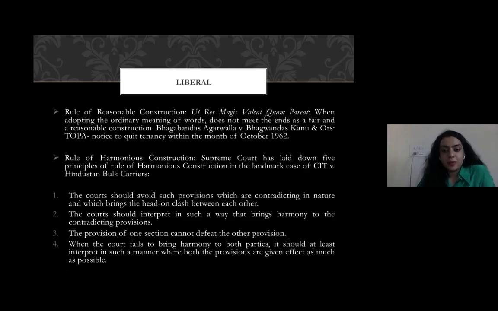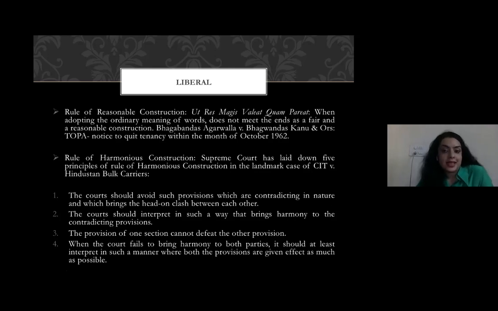Now, there was a case of Bhagwan Das Agarwal versus Bhagwan Das Sanu. So what happened in this case was, it was a case for Transfer of Property Act. So there was a notice to quit. Now, the fact of the case was that it was a monthly tenancy, and so the notice to quit should have specified that. But the notice to quit in this case just specifies that you have to quit tenancy within the month of